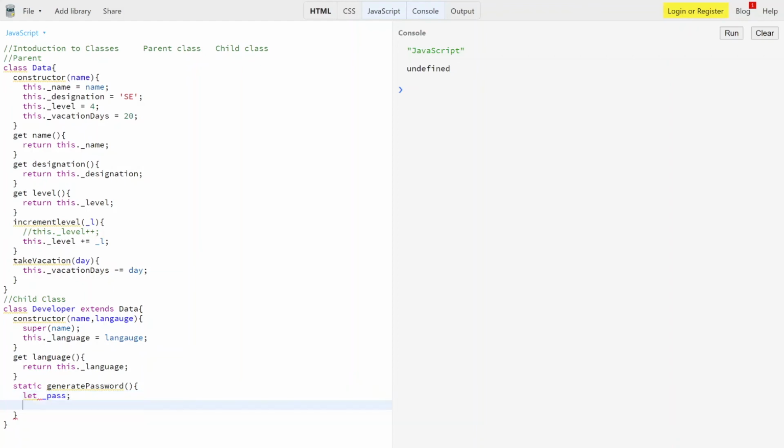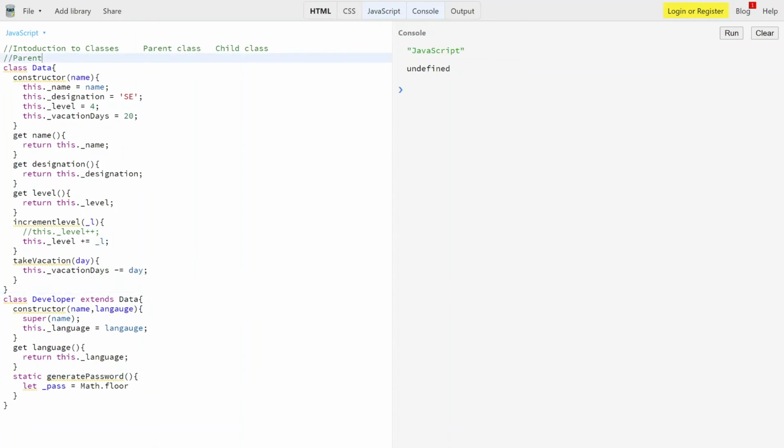Okay, then I'm putting Math.floor, because I have some space related issue.